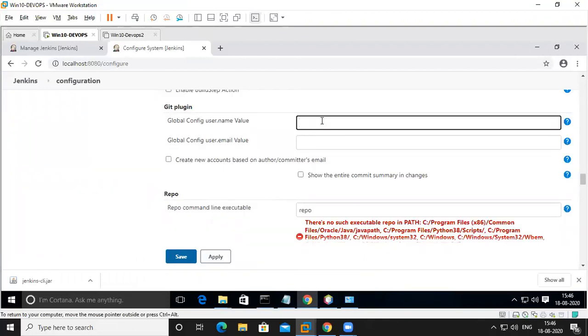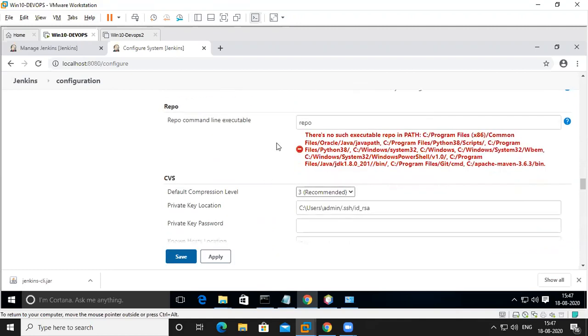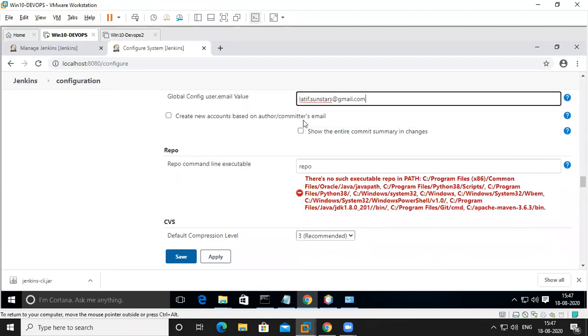In my system, I am using some username and email value also. I'm using Sunstar, and here using dot Sunstar at Gmail. If you want to give any other things, also you can give.